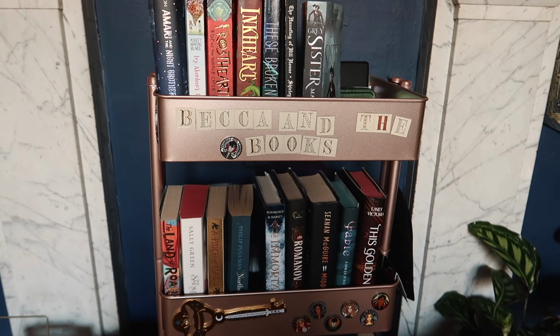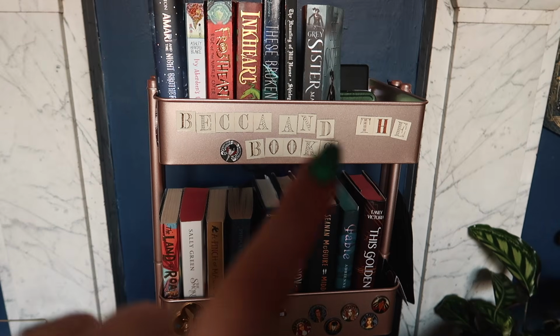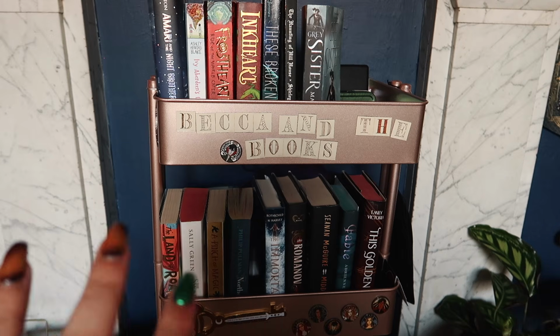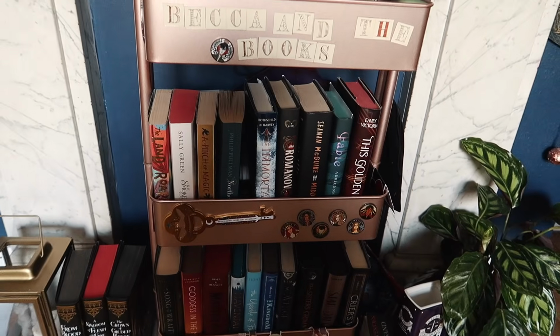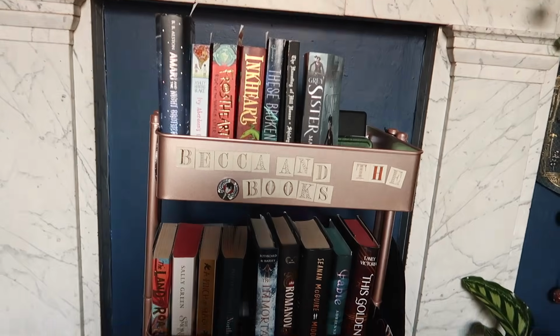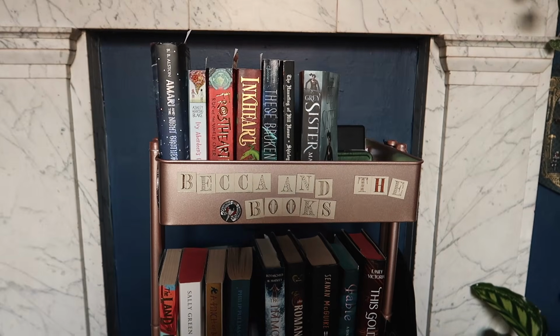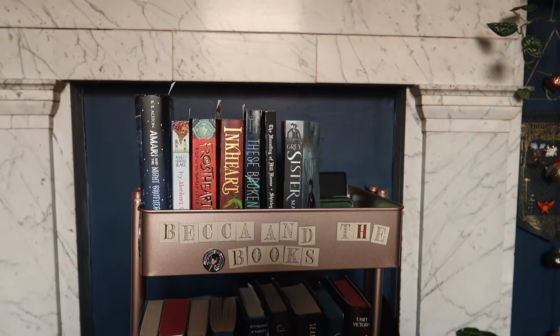So this book cart originally had a purpose when I bought it. I was going to put my TBR on top, which I still do, but it also has my wrap up on there. My haul in the middle will sell all the books that I needed to haul for whatever month, and then down at the bottom here I was going to put my wrap up. However, as soon as I got this I quickly started running out of space, so we use it a little bit differently now. It's essentially just overspill, but if we start off at the top, which I actually use for a reason,